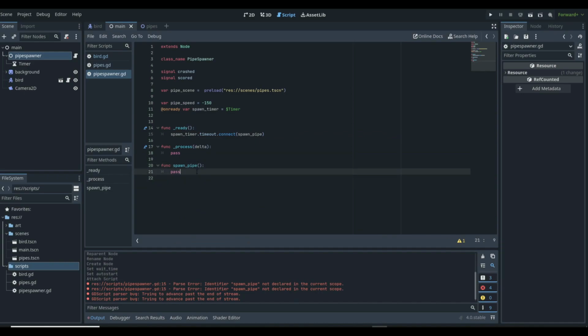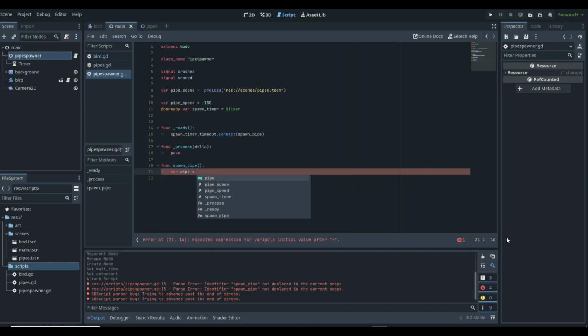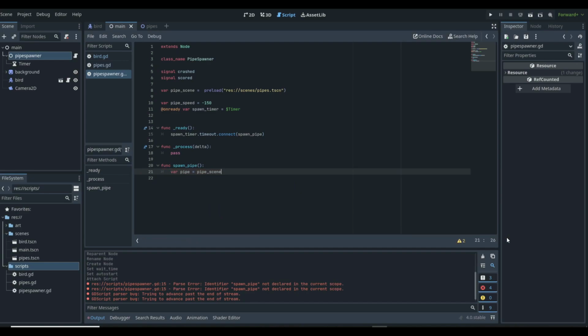So we can go, and this is going to be a pretty decent size script, our function, right? So first, when we spawn a pipe, we need to have a variable, or we need to be able to have a way to access our pipe, right? So our pipe equals, we can do pipe scene dot